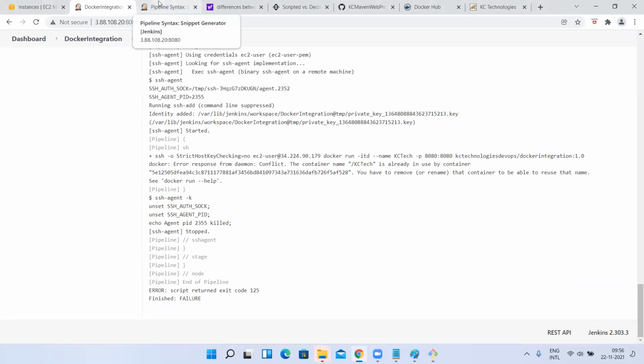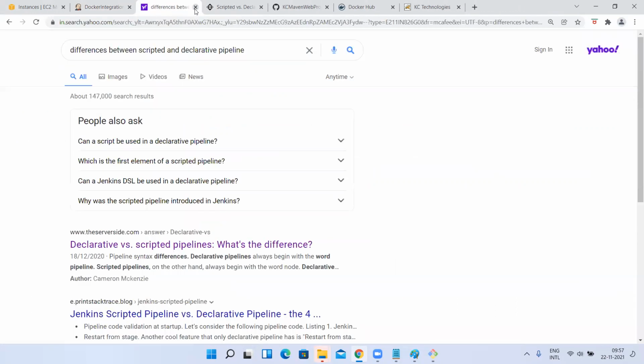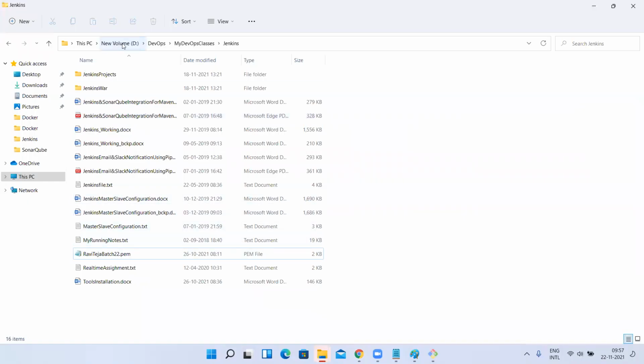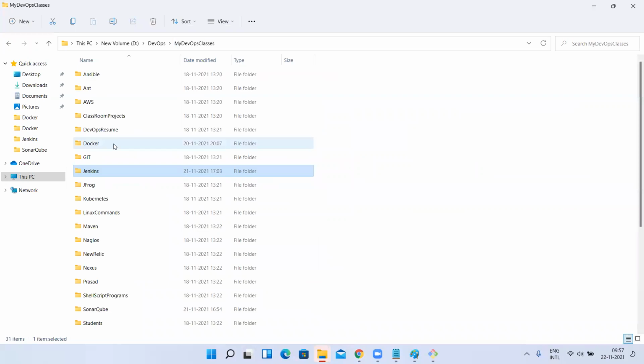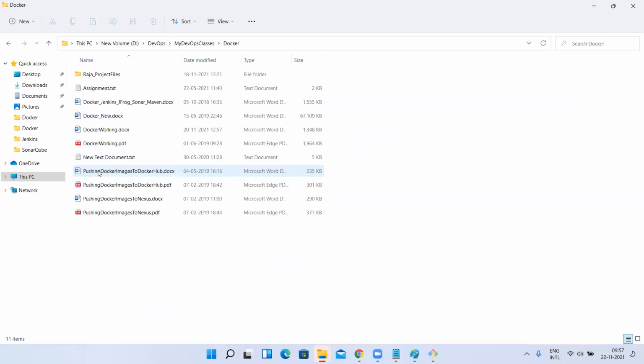I'm not going to explain that now. I'll do a separate video in one class and share it. You don't need to join for that, or else you can join when I do. But anyway, I'll share a document with whatever I have implemented, the Jenkins integration, or Docker. I think it is in the Docker document. I'll share that.